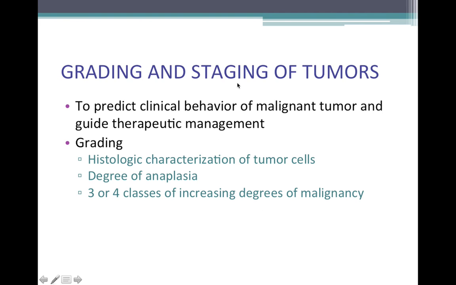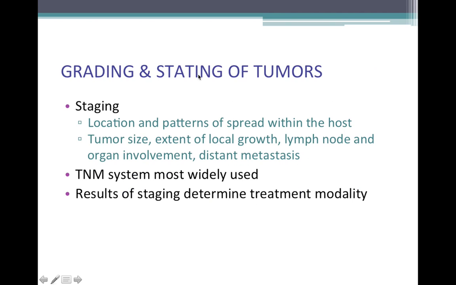Now, in terms of the grading and staging of tumors, we'll talk about this throughout pathophysiology. But what happens is that tumor grading and staging occurs more or less on a 4-stage scale. We have stage 1 to 4. Stage 1 is where the tumor is still in its original tissue. Stage 4 is where you're finding that cell metastatically in another distant site. And the stages in between describe what those cells are doing in between, like whether they're in lymph nodes or in the surrounding tissues. We'll talk about this grading and staging system later on in the class.